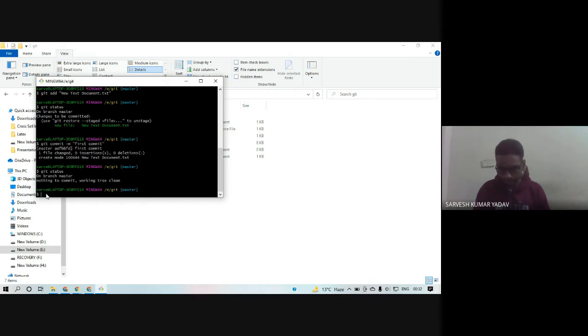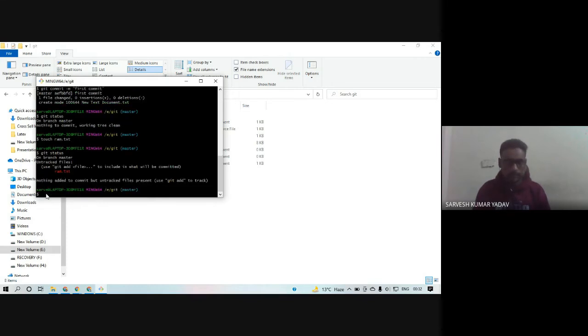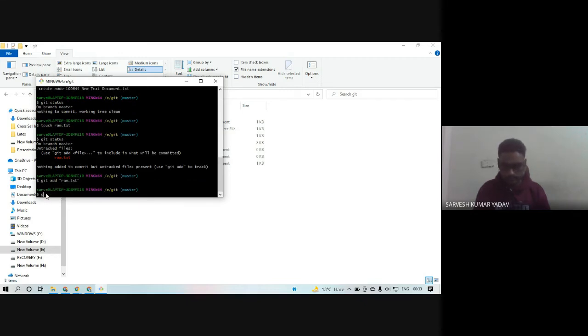So let me create another file, touch ram.txt. Let me check. Yes, ram.txt untracked file. So let us do staging. Git add ram.txt, then git status.